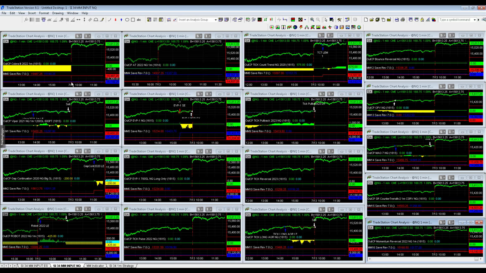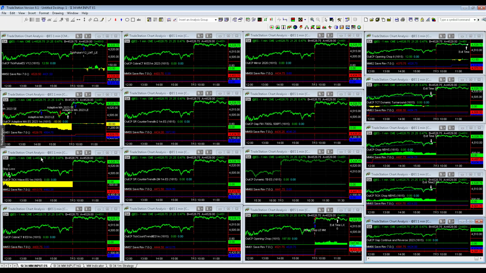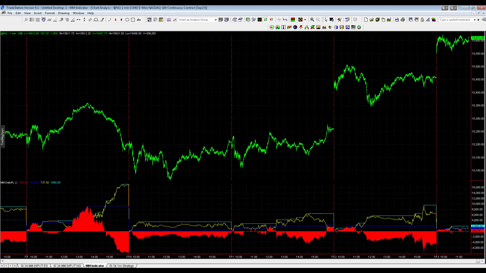So all these save indicators at the bottom export the data. It's a sender indicator of the equity curve for both of these charts. And I have over 100 of the save indicators. You need a different save indicator for each chart. And then you come in here to the indicator and it receives all that information and then it combines them